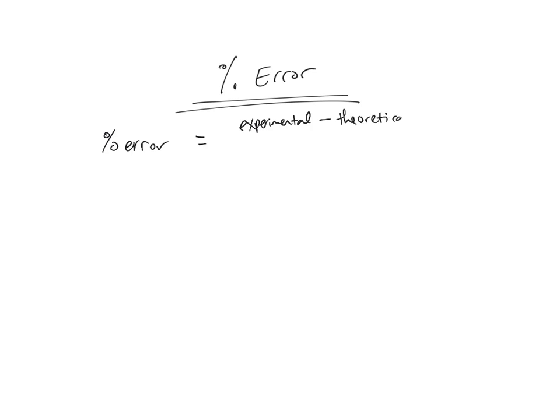So the theoretical value is the value it should be, the value you're getting from a data table, the value you're given, stuff like that. The experimental value is what you actually got in your lab, okay? So the experimental value minus the theoretical value divided by the theoretical value, and again, multiply that by 100. Now, technically, the equation has absolute value bars, so you can't have a positive or negative percentage, right? However,